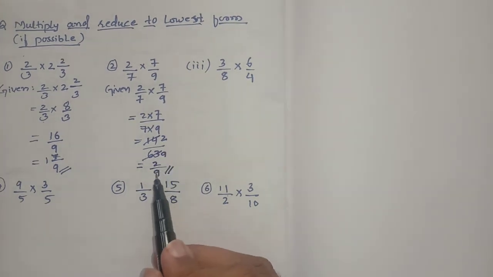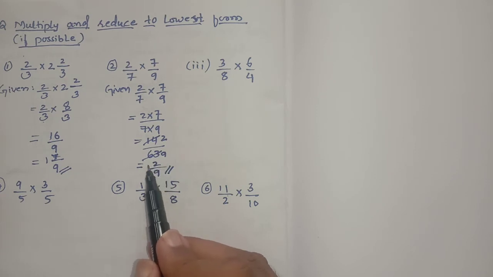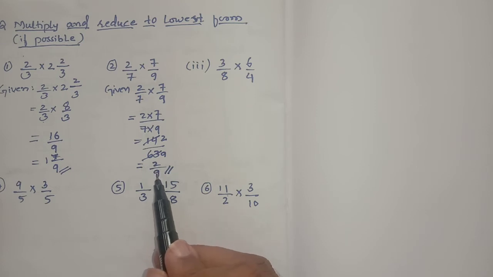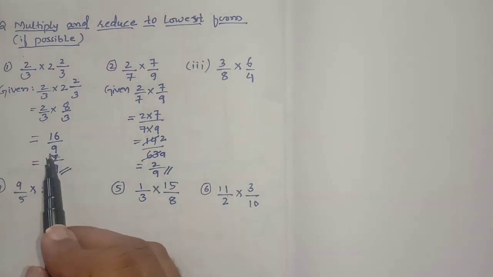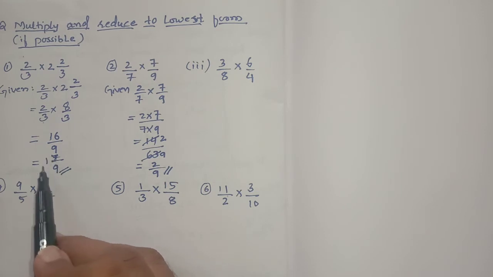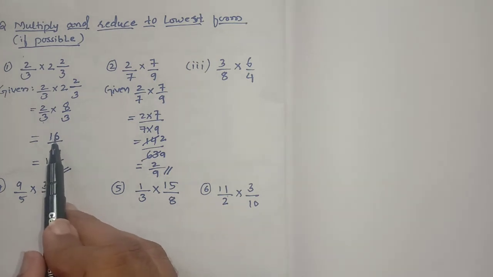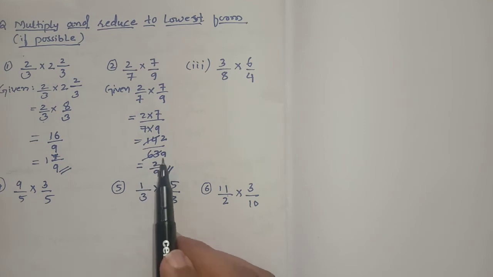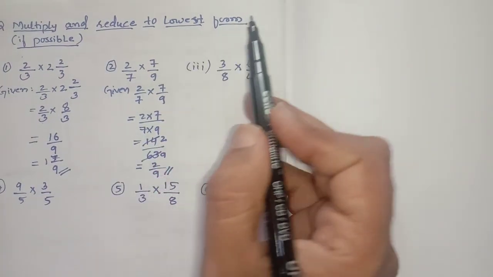We cannot reduce it to simplest form, student. It is not possible. Even if I take 1 here, then also we cannot. 9 ones are 9, then plus 1 will be 10. 10 by 9. Actually is 2 by 9. After reducing it to simplest form or after reducing it to improper fraction, we should get the same value. If it is not possible to get the same value, it means we cannot convert such values into improper fraction, or you can say lowest form.